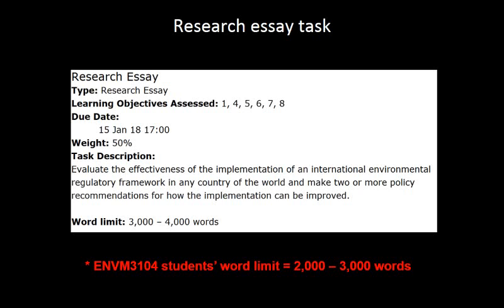So postgrads have 3,000 to 4,000 words. Undergrads have 2,000 to 3,000 words. I'm not stressed about the word limit. I have to give you a word limit because the university wants everyone to know what fairly you're being judged against. But if you were to write 6,000 words, you're not going to lose marks. I'm sure in lots of courses you would, but I really want you to choose, you write what you think needs to be written. You're judged against essentially what can be reasonably expected in that word limit, but don't be stressed about being under or over.